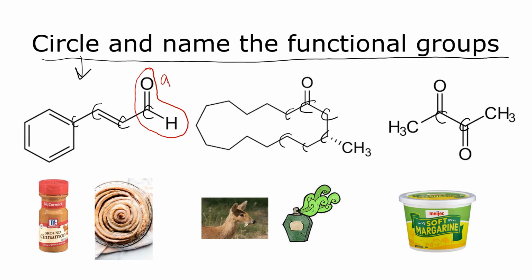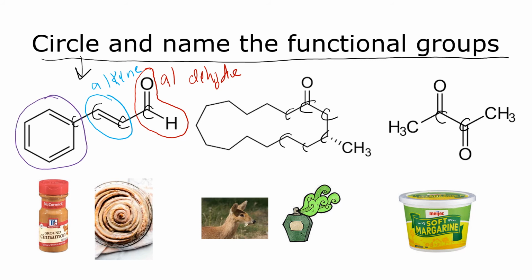So here we have an aldehyde. And then I have a carbon double bond to another carbon. That's my alkene. And then I have this benzene ring attached to that. So that is an aromatic